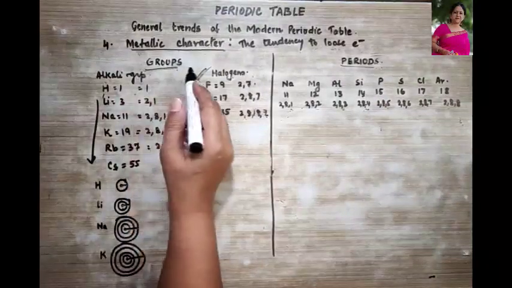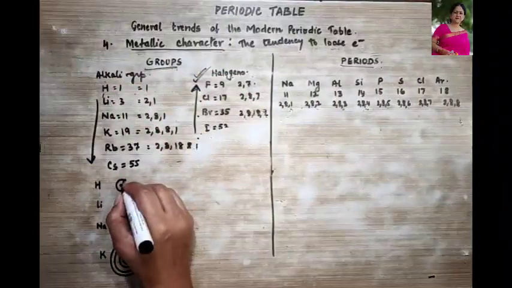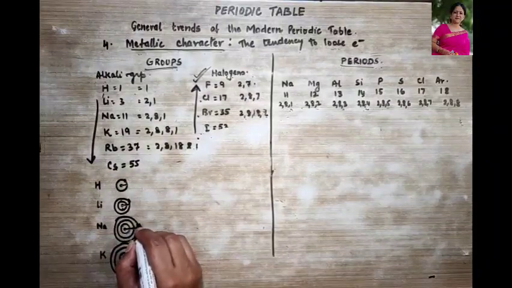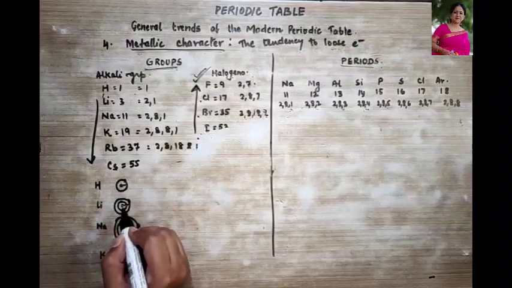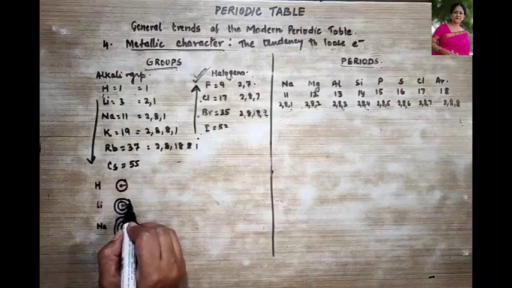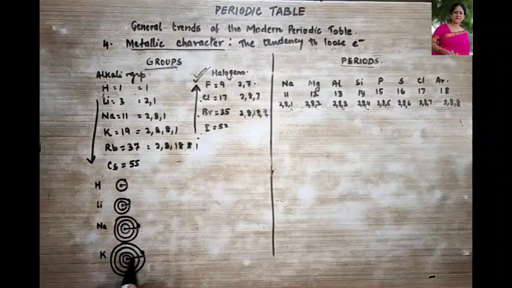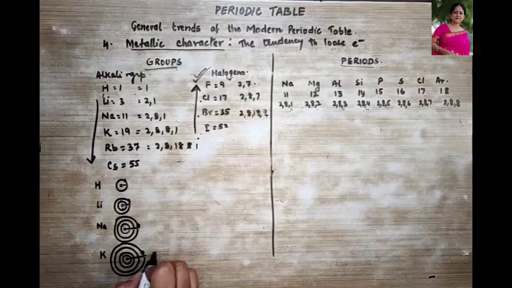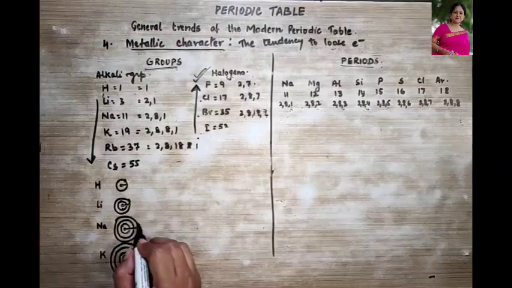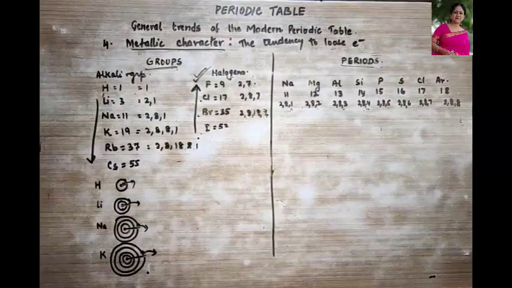Now look over here, in a group. We are going to talk about metallic character in a group. So now look here, the electron is placed in the outermost shell, right? Now over here, the pull is more. Over here, the pull is a little less because the distance is more. Here, the pull is still less because distance is still more. Here, more distance, still the pull will be less. So, the lesser the pull, the easier it is for the electron to leave the shell. So, the tendency to leave the shell increases as the number of shells increases.